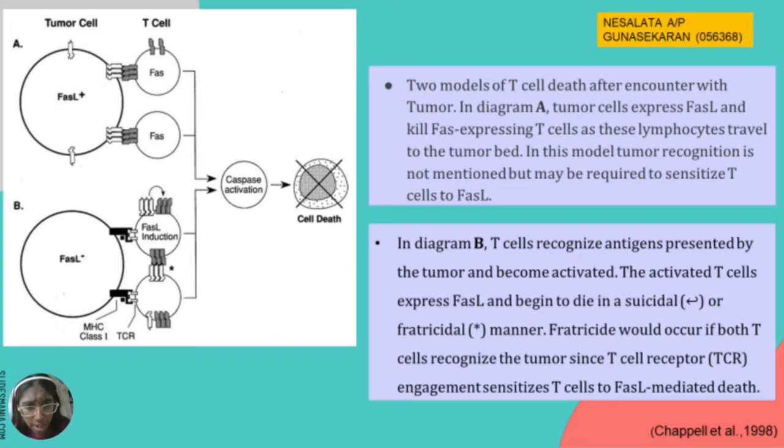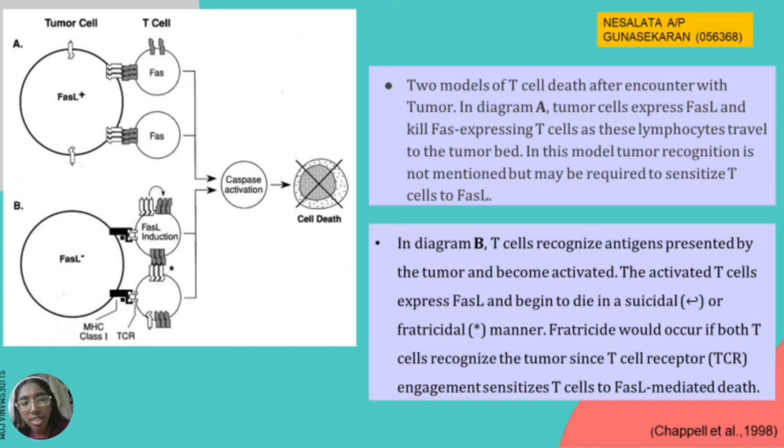Labeled by this small arrow, through caspase activation and leading to apoptosis. So that is the first mechanism of the FAS ligand mechanism to kill the lymphocyte. The second FAS ligand mechanism is when the T cell is being activated by the MHC1 TCR complex, the